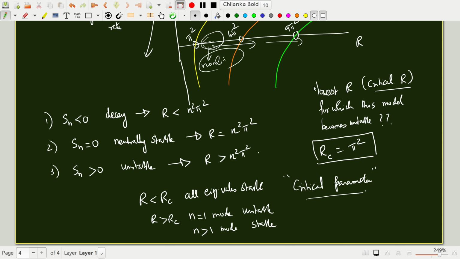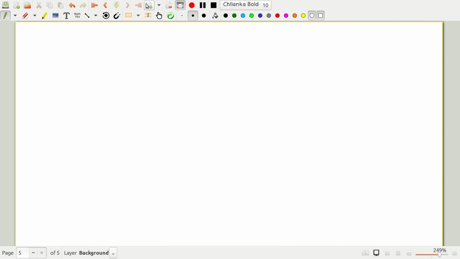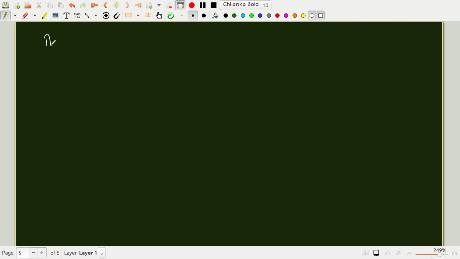So it is not possible to say whether these higher instabilities, the higher modes with higher values of n becoming unstable at subsequently higher values of r, have any bearing on the actual physical problem, because you know that soon enough nonlinearities will become important. Okay, so now the other thing we could also determine from linear stability analysis is the physical form of the most unstable mode,